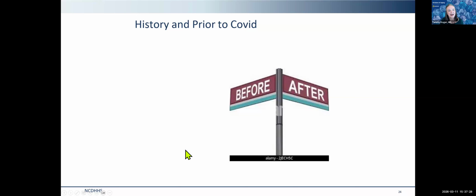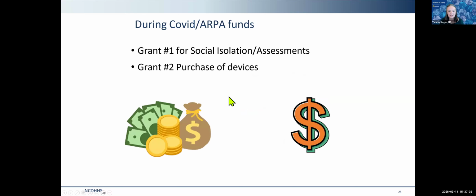About that time, we also had the opportunity to apply for a second ARPA grant. And with the second ARPA grant, we decided to focus on